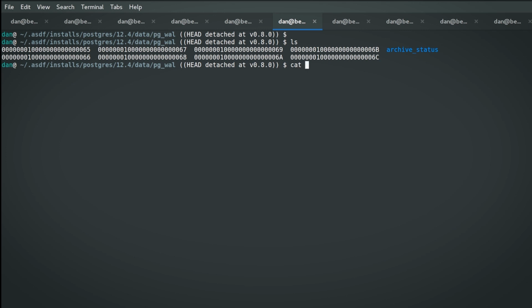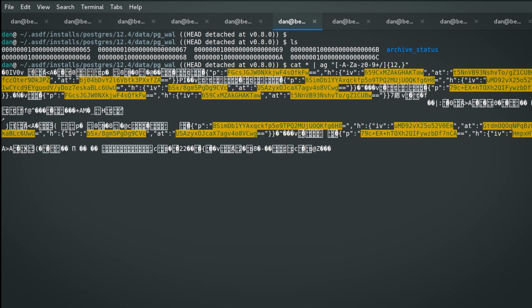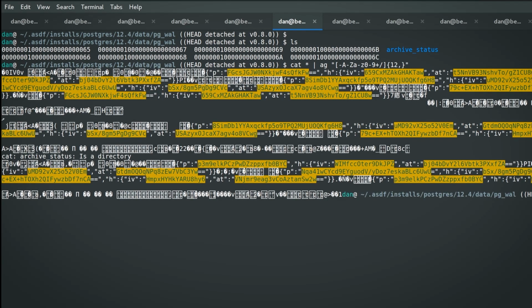I'm going to cat them. I'm going to grep for a regular expression that matches, or should match, a base64 encoded string of at least 12 characters long. And there we go, we've got a few of them. Now the latest one,